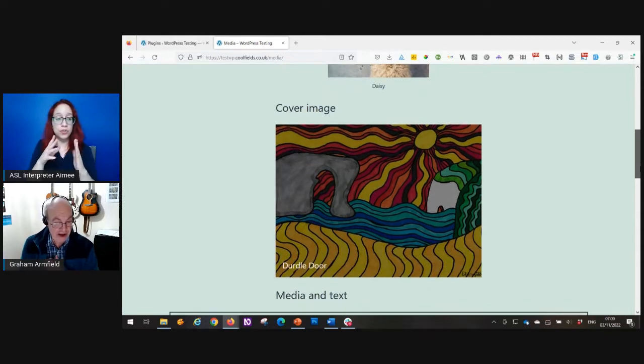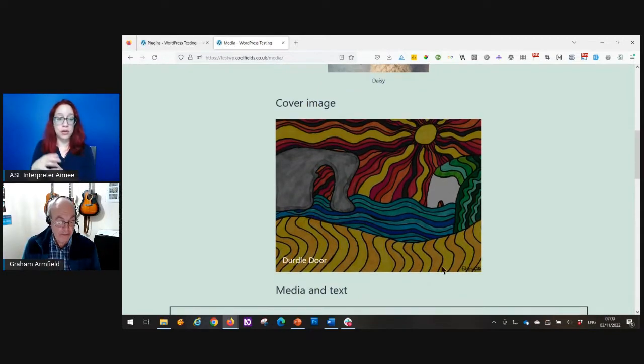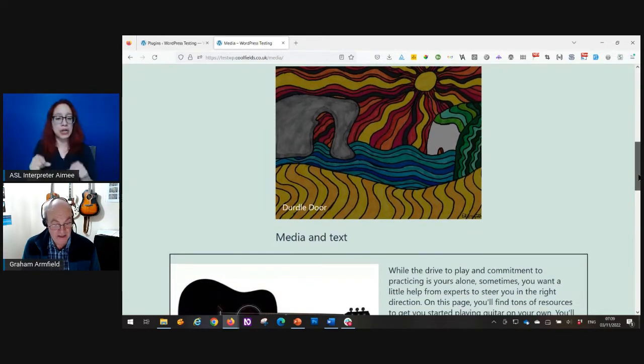The next one I tried was the cover image. Now this puts text directly on top of an image. So I chose to actually use a darker overlay on the image just to make the text visible, because of course if you have a light image with light text, then it can make the text quite difficult to read, but I was able to sort that out, so that's good.